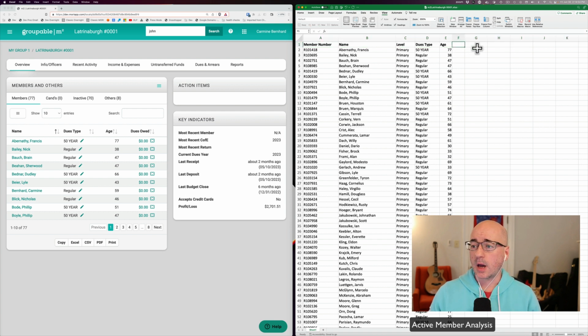And I'm going to add a column, and that is notes. Because I'm probably going to make some notes about these guys because there's probably some errors in here. So this is the active member list. And what I really want to do is go through here and say, okay, what people on this active list that my parent group thinks were active at the time of the import aren't active and why?